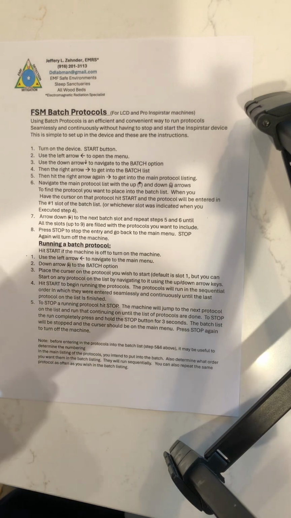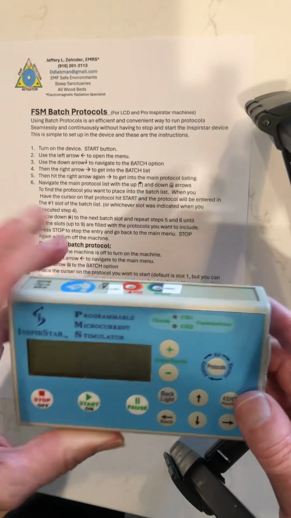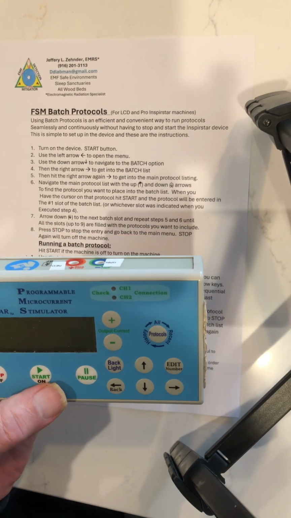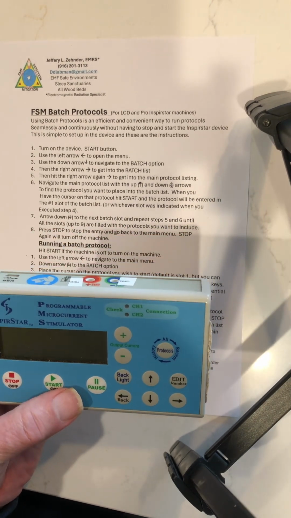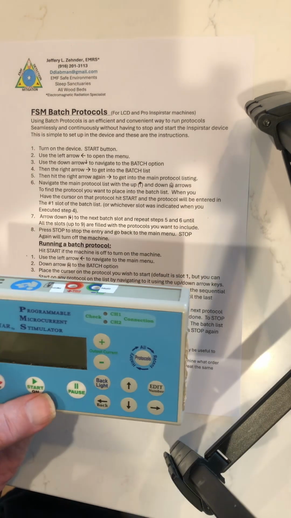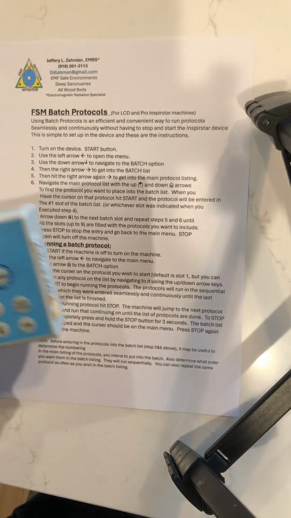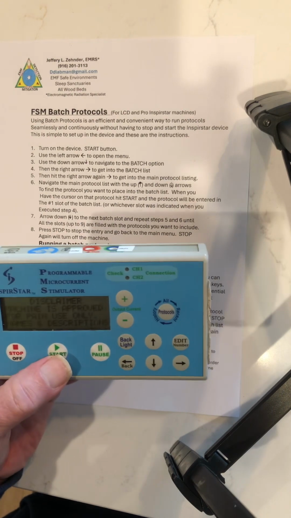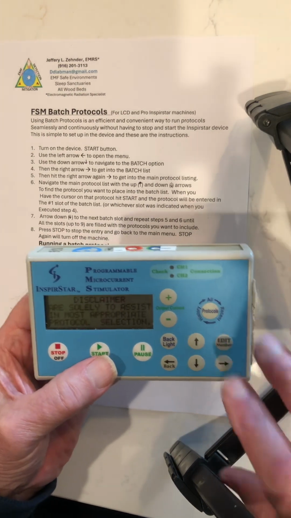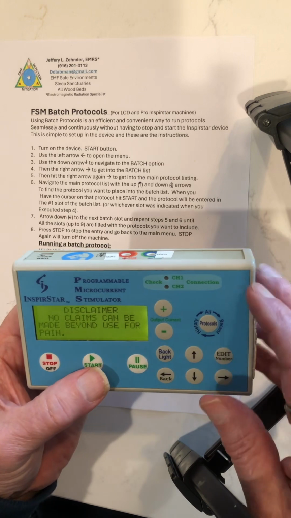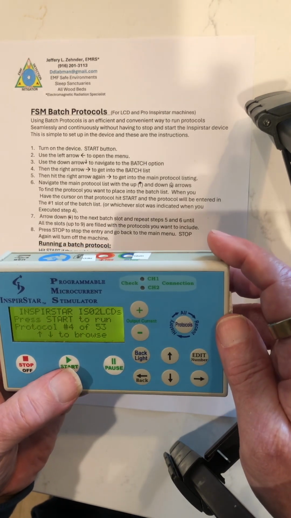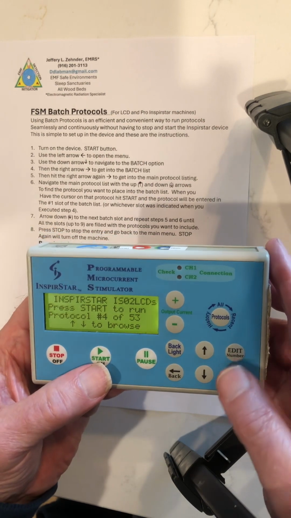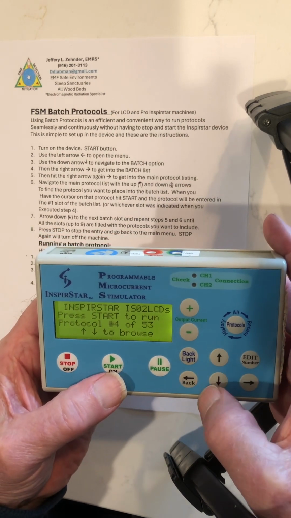So this is an LCD machine that I have. This works on the Pro as well. The Pro and the LCD use the same steps to accomplish this. And what you're going to do is, first of all, turn the machine on, hitting the start button, and I'll show you the light here so you can see what I'm talking about. It comes up with a screen like this, and then you're going to hit the back arrow,